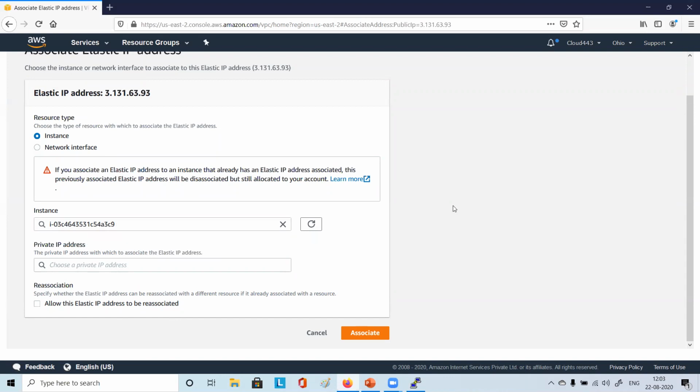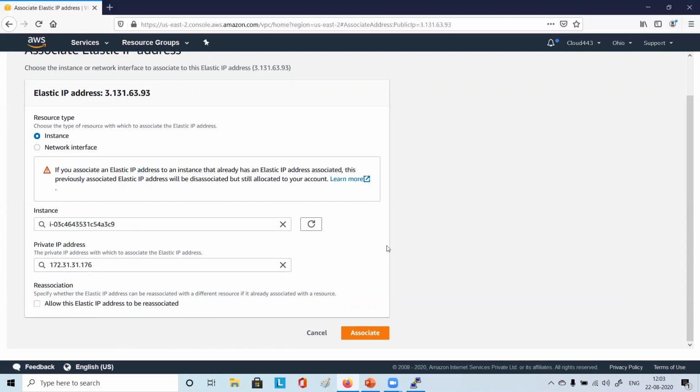Now the private IP address with which to associate the elastic IP address. So now you see, this static public IP will be associated with an internal private IP. So you can just click and choose the private IP also. So it will become a pair. So this static IP will be paired to this private IP, which will be internal to our system.